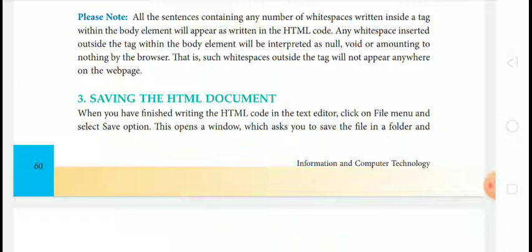Any white space inserted outside the tag within the body element will be interpreted as null, void or amounting to nothing by the browser. Such white space outside the tag will not appear anywhere on the web page.